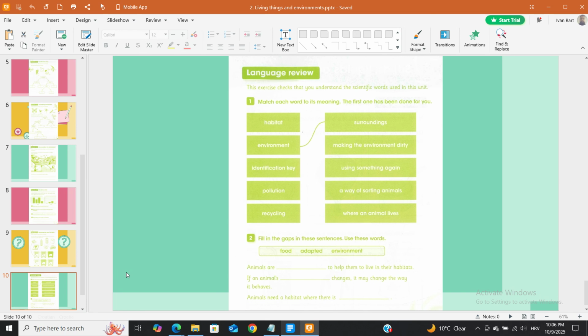Where an animal lives. 2. Fill in the gaps in these sentences. Use these words. Animals are adapted to help them to live in their habitats. If an animal's food changes, it may change the way it behaves. Animals need a habitat where there is